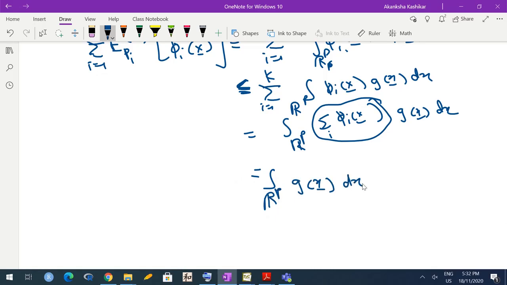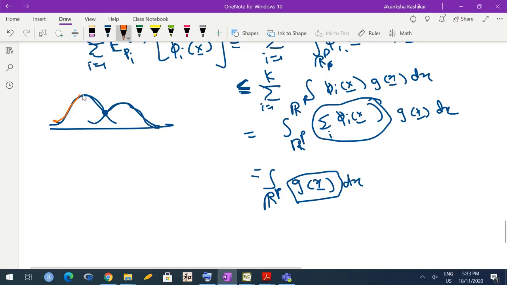Now I am sure some of you are tempted to write that this is equal to 1, because you are taking the integral over Rp. But please remember, g(x) is not a PDF. g(x) is the maximum of PDFs. So for example, if I have two univariate normal populations like this, then up to this range g(x) takes this value, and from here onwards g(x) takes this value. So g(x) is this and this, so this is not a PDF. This orange curve is not a PDF, so the integral of g(x) won't be 1. It is the maximum of PDFs, not an actual PDF.